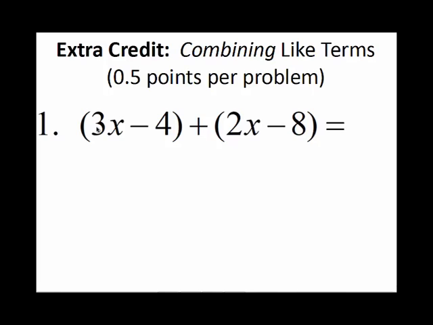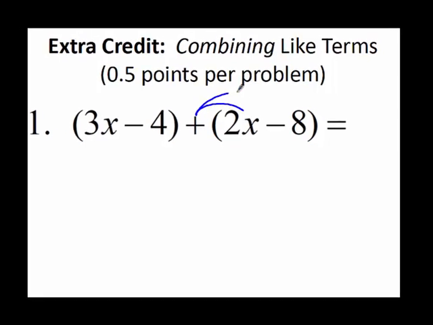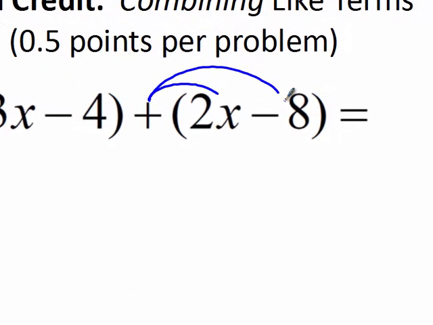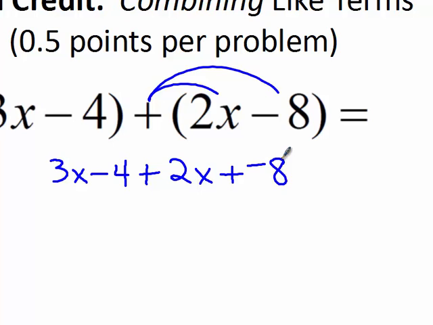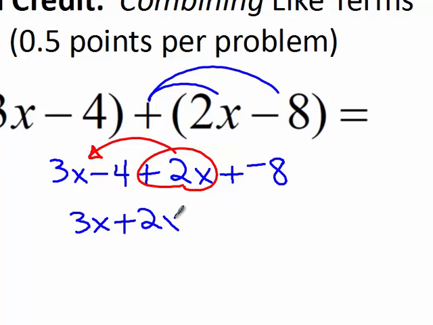Let's begin. Number 1, we have the quantity 3x minus 4 plus the quantity 2x minus 8. We are adding the 2x and adding the negative 8. Rewriting this, we have 3x minus 4 plus 2x plus a negative 8. We can use the commutative property to bring the 2x closer to the 3x, and we can rewrite this as 3x plus 2x minus 4